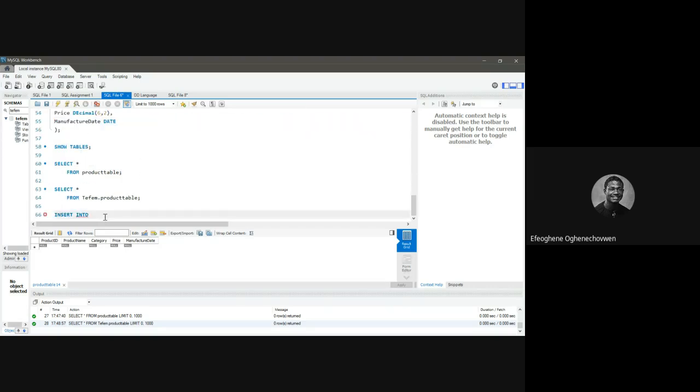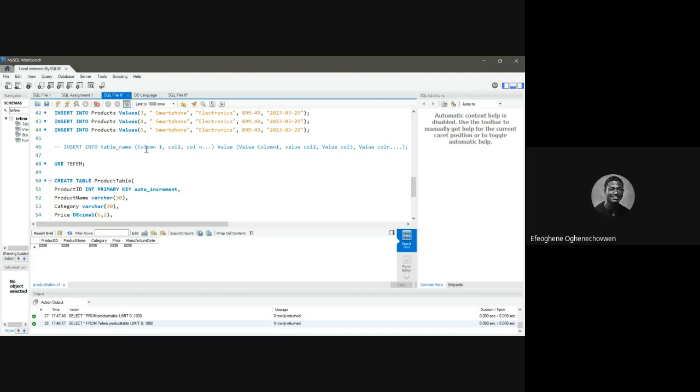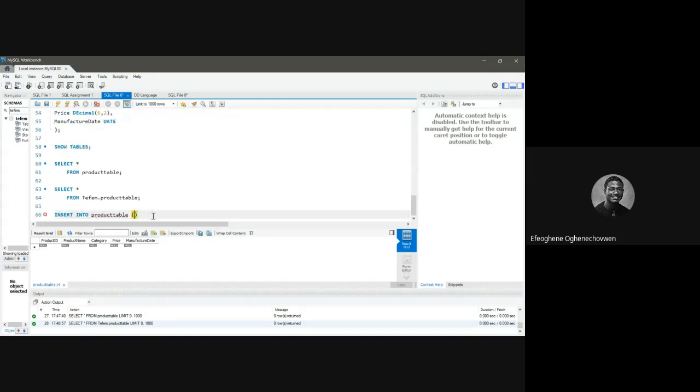So insert into products table, then you put your columns. We specify the columns we want to put values into. Imagine we don't want to put values into all the columns, so this gives you the opportunity to put values into the necessary columns you want. So we just call out the column names: